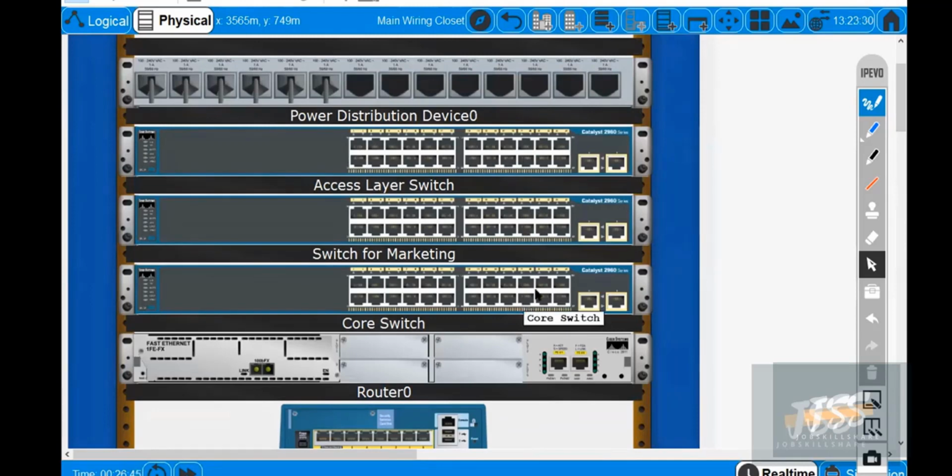So what kind of cable are we going to use to connect switch with switch? It will be the crossover cable. So very carefully you need to select the crossover just by looking here at what it is saying. So select crossover cable, and let's say, first of all, on switch 1, we want to connect the 23 port with the switch 2's 24 port,